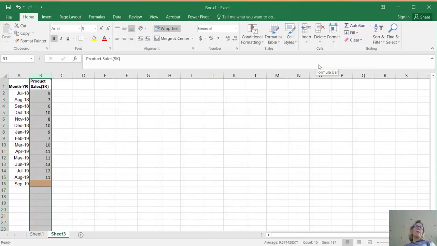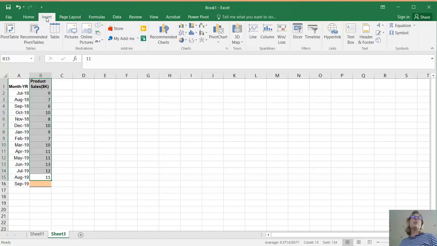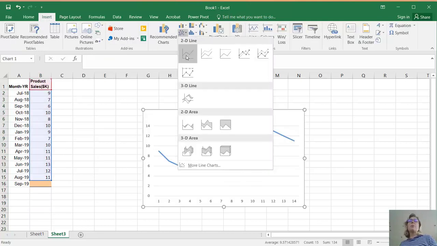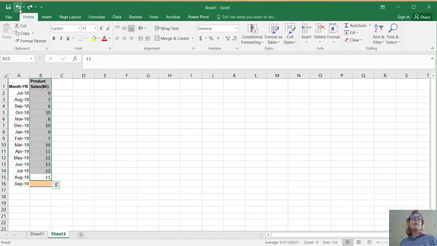There's other more elegant ways, perhaps, of doing a comparison when you don't have contiguous data, but this is the simplest way. Let's take a look here. If I were to just look at this data, it looks like it could be having a trend. So let's go and put in a chart. I'm just going to put in a real simple chart. Yeah, it looks like it's going up over time, but there's a little bit of bounciness to that data set. It's worth investigating further. Now, I'm going to get rid of this for now because we're going to do something first.